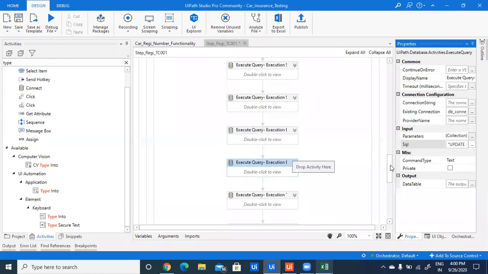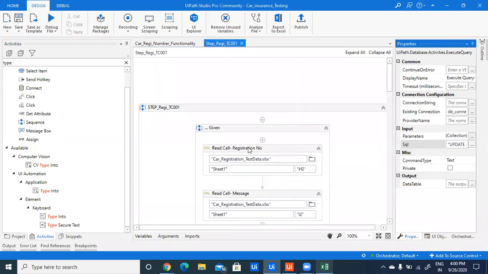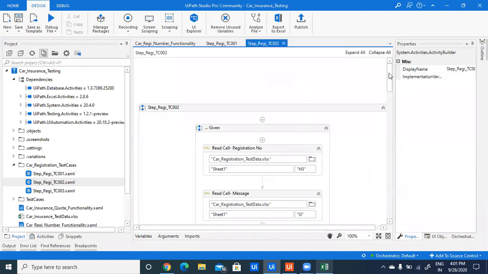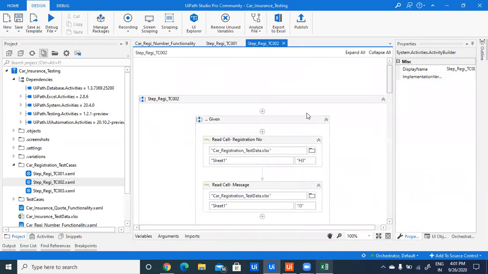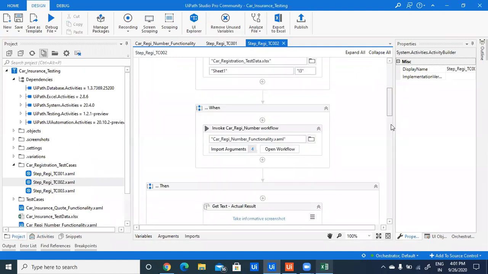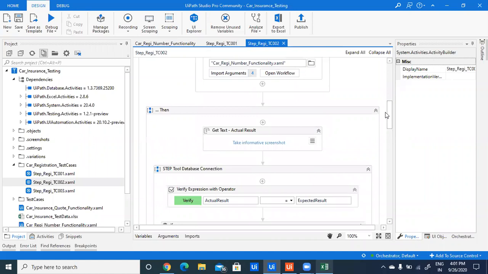So now let us execute our test cases. This is the first test case, that is with a valid registration number. And this is the second test case with blank data. The same process and the same workflow we have followed here also. In the given section I have read the data from the Excel sheet.